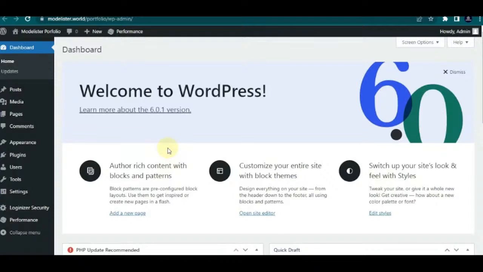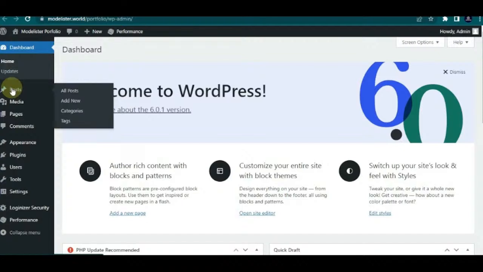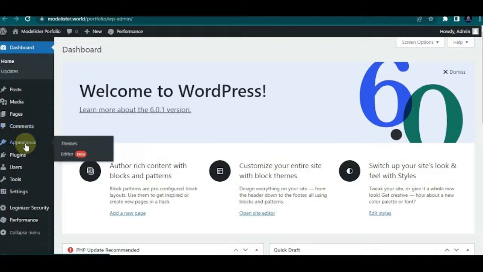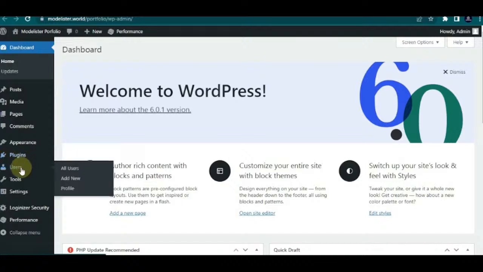Now, if you look at the left side of our dashboard, you're going to see our home, our updates, our posts. This is where we make all posts, like blog posts. Our media is where we add all media files, our pages is where we create our contact us page, our about us page, our privacy policy. Our comments is where we receive all comments on our website or our blog. Our appearance is where we can add a theme, edit our theme, and add some custom code. Our plugins is where we can add more plugins to increase the functionality of our website. This is where we can add more users to our website, like more editors, more administrators, more subscribers, or more